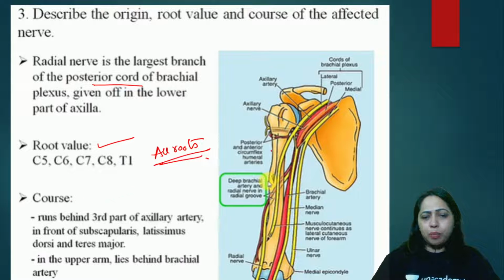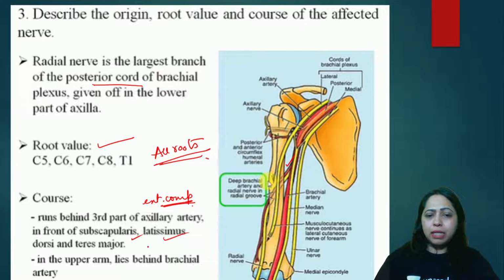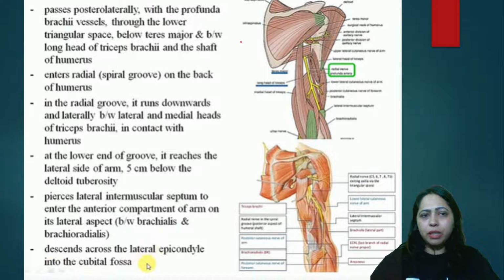The radial nerve runs behind the third part of the axillary artery because it wants to go to the extensor compartment, and it lies in front of subscapularis, latissimus dorsi, and teres major muscles. In the upper arm, it lies behind the brachial artery. Here it passes very closely in association with the profunda brachii vessels, in the shaft. You can see it in the spiral groove. It enters the spiral groove, also called the radial groove, and you can see that it lies between the two heads of the